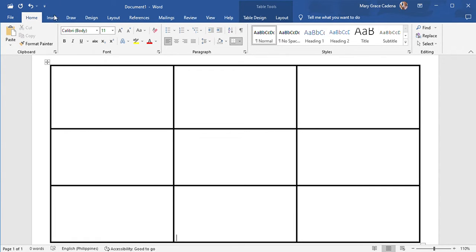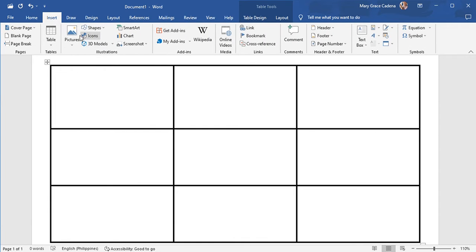We can insert the pictures from this device, and let's just try to adjust the pictures and see how it will look, because we want it to look like a comic strip.